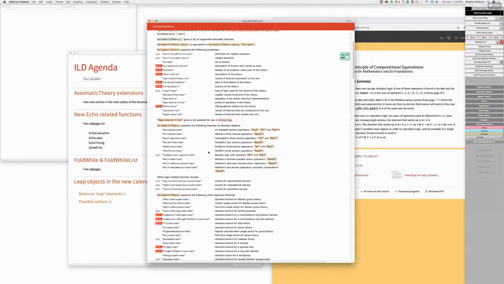You mean because you wanted also a person name? Well, not necessarily, but because we're not saying some of these things are Boolean algebra, right?